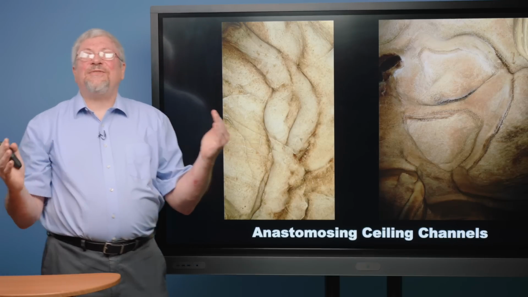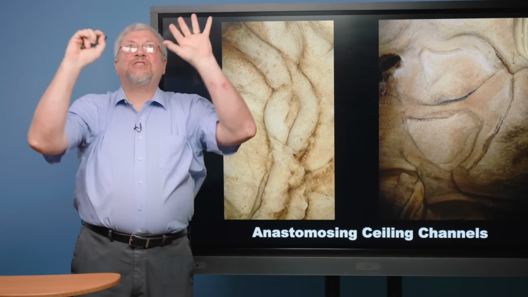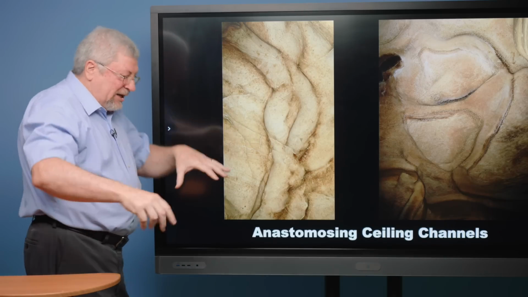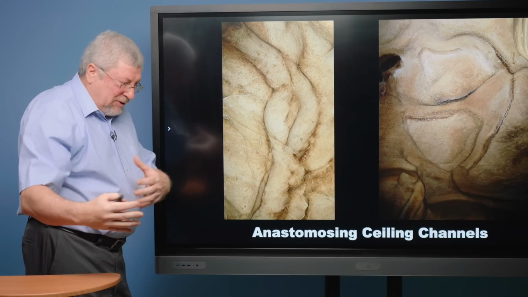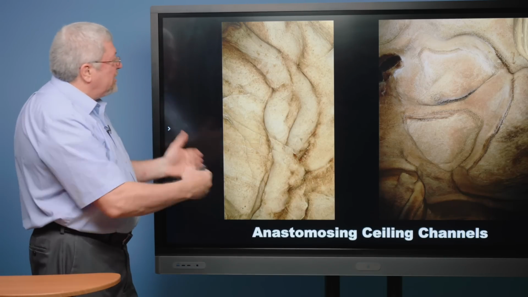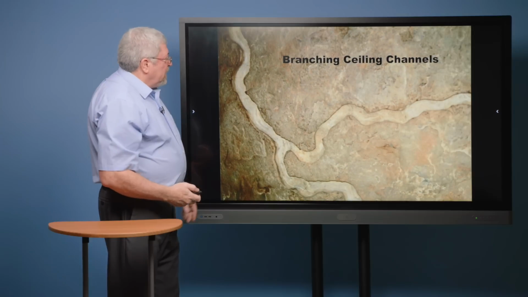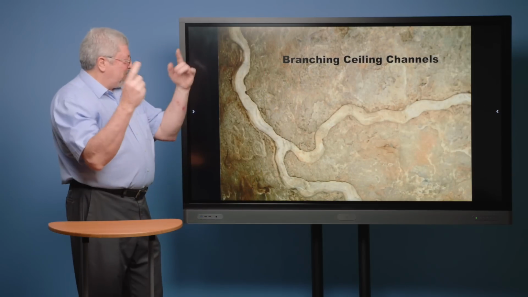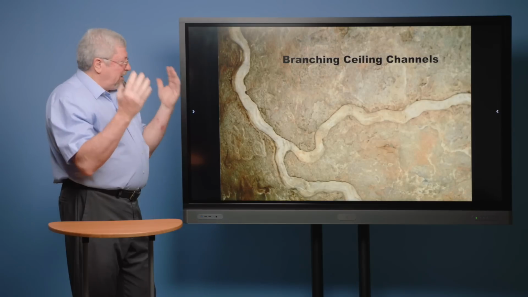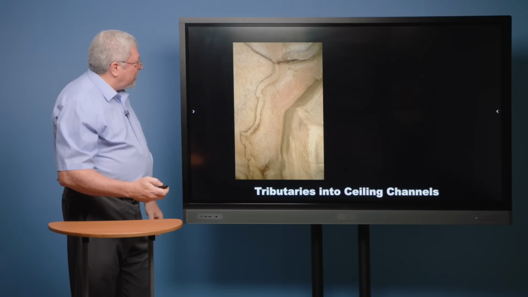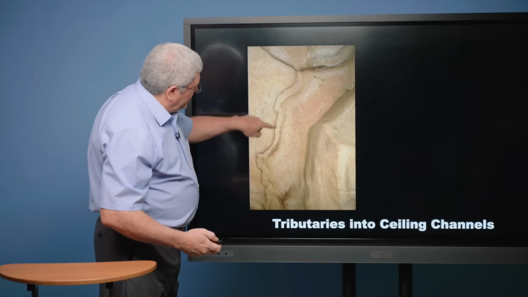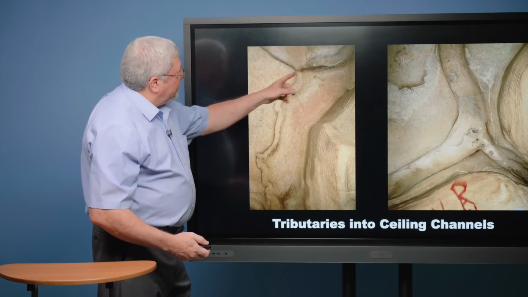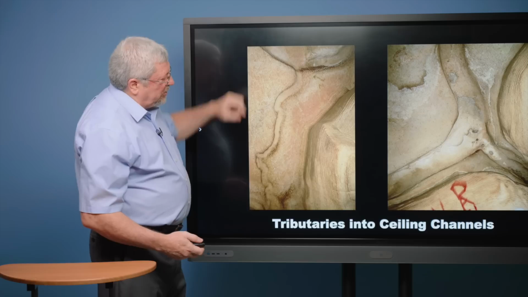They make sense if you've got rising acidic waters, which are eroding river channels in the same way that a river on the surface is eroding down. These are eroding up. Beautiful, in some cases, little rivers that would branch and come together, form larger and larger rivers. So here's one coming up from the wall, coming along, joining another one, producing a larger one.